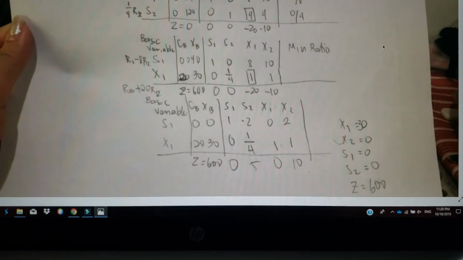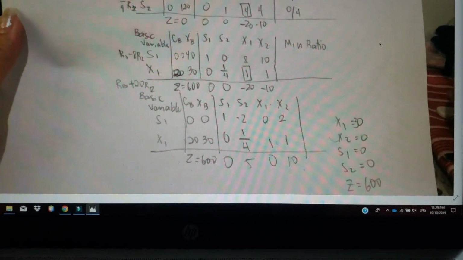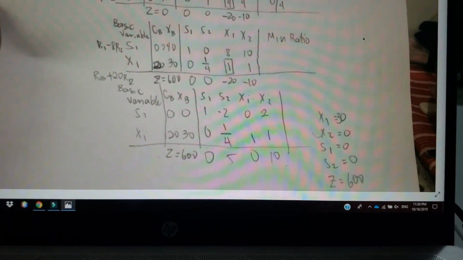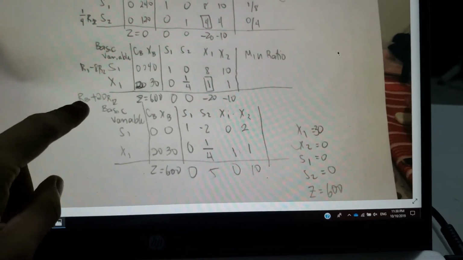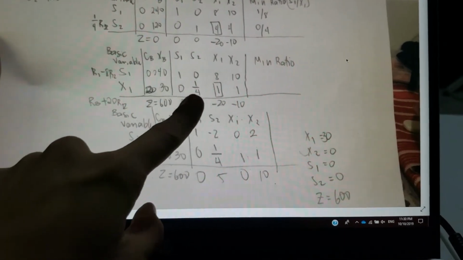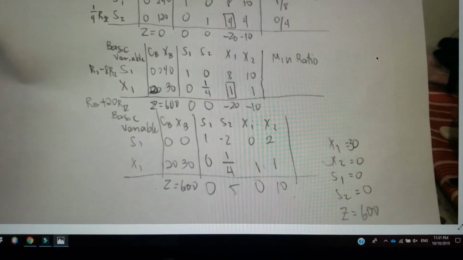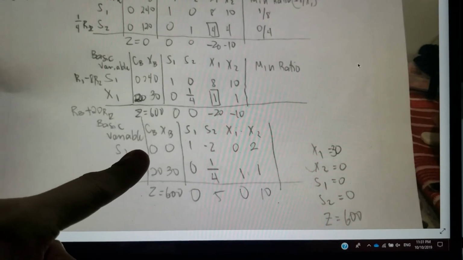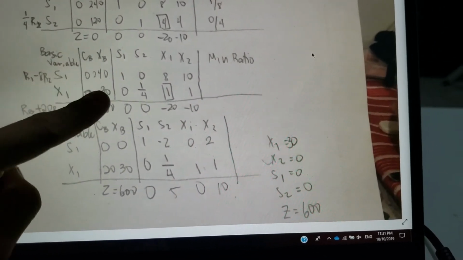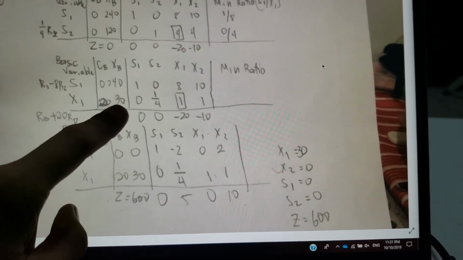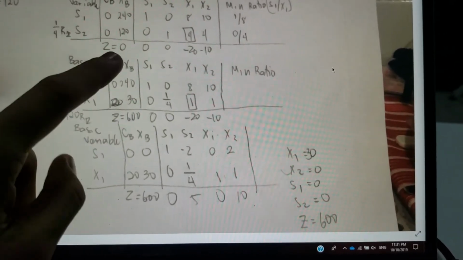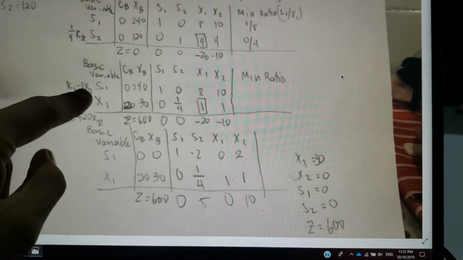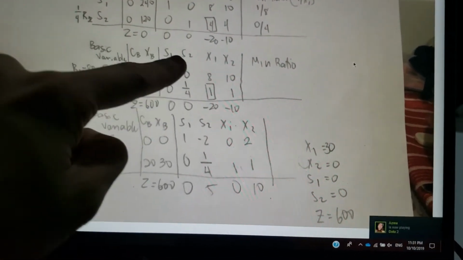In the third tableau, we need the constants in the pivot column to be 0. So, before that, we need to subtract R1 by 8 times R2 and R3 by adding it to 20 times R2. In the result of that, because it is already 0, we will put it here as 0. And then the other one, 240 minus 8 times 30, which is 240, will also result in 0. While R1, which is 1, minus 8 times 0 is 1, and then